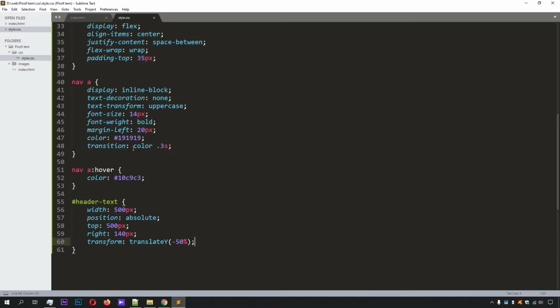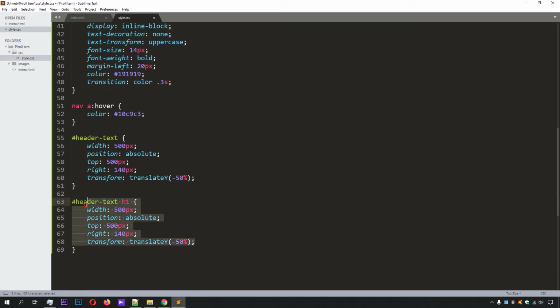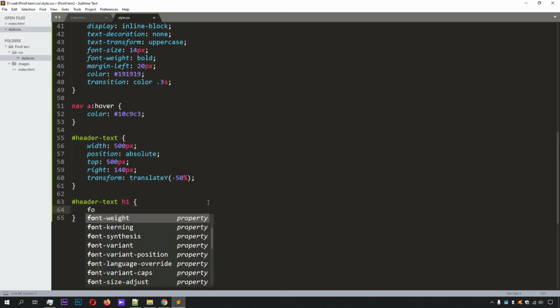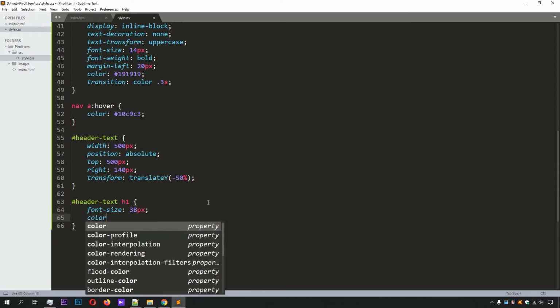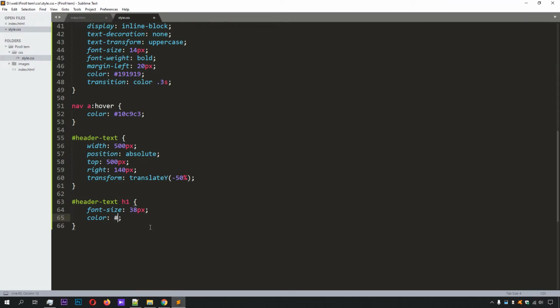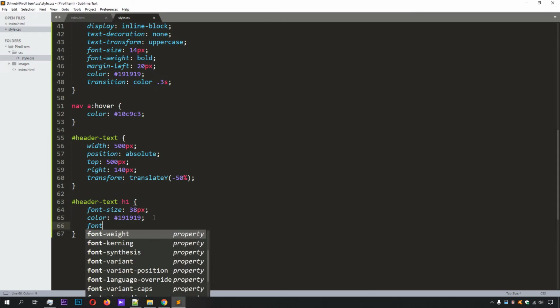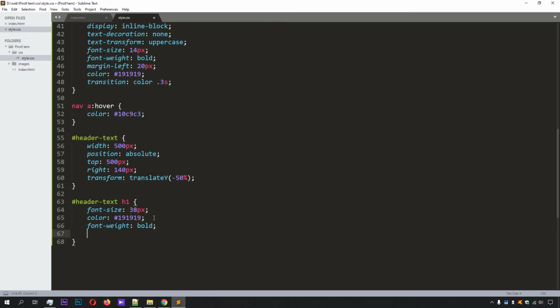So for that we need to select the heading one, duplicate this one, and after that heading 1, font size should be 38 pixel, and color should be, font weight bold, and margin bottom of 20 pixel